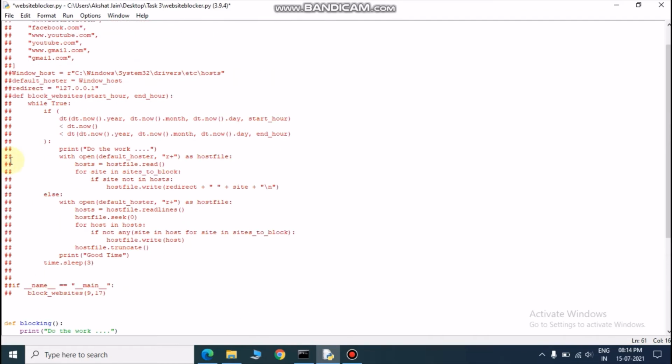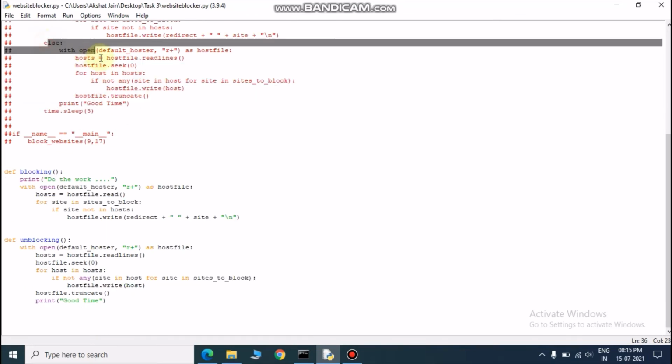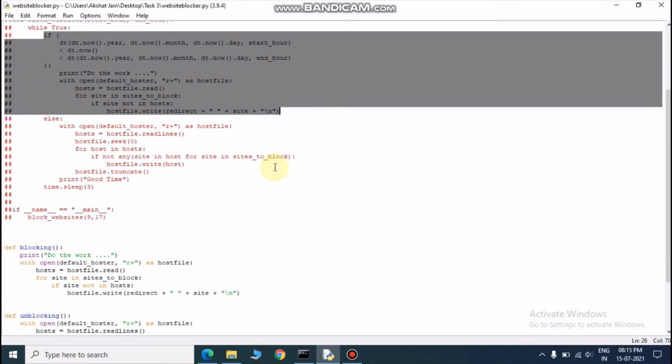So here we are. We just copy pasted this. So we are done. Just the last thing left. This should be like this, and the print should not be in this. So we are done with indenting. As you can see, we have copied the else part from here. Basically, the else part is nothing but the unblocking code, and the if part is nothing but the blocking code.